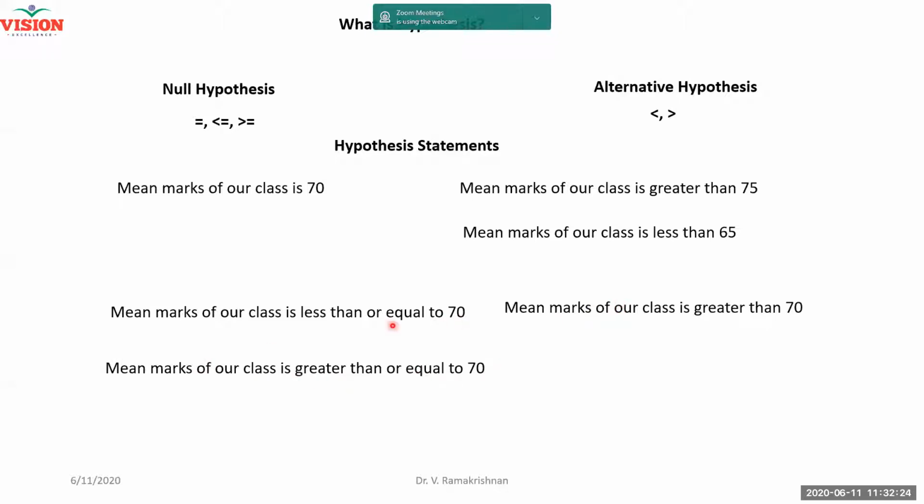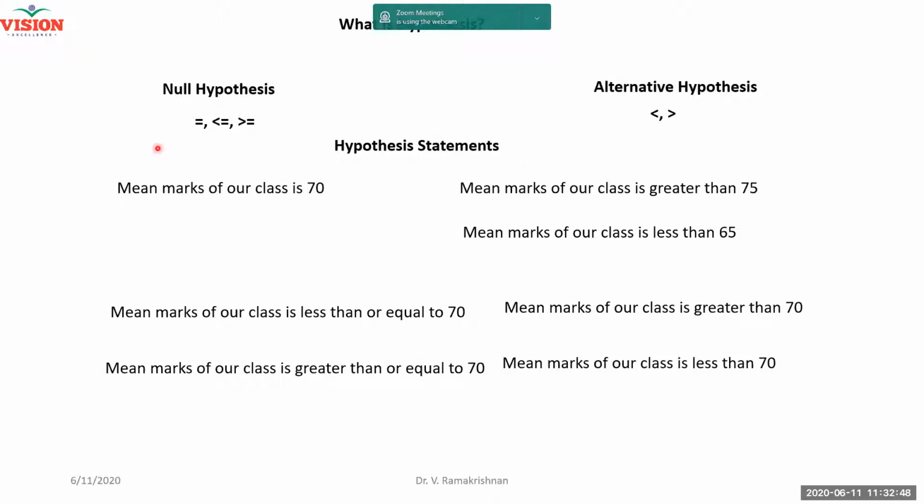Once they give you the confidence, next semester you will say, my class average is definitely 70 or greater than or equal to 70. Then some poor students will come and say, sir, you are saying we will get 70 and greater, but we have got a mean of only less than 70. Then you have to prove that it is only a random chance. Normally it will be greater than or equal to 70 only. You can pacify them.